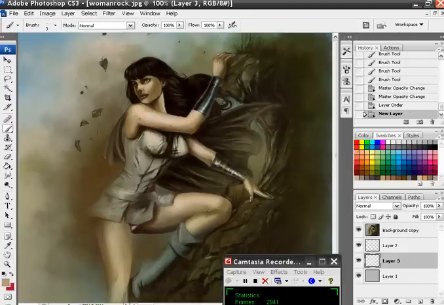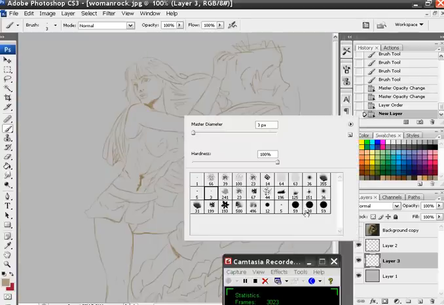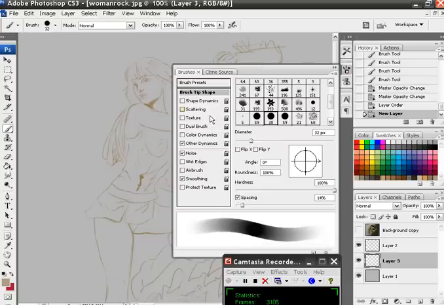Okay. So then the first thing I want to do is choose our brush, and I'm going to want to start with a big brush, and I'm going to show you: make sure only other dynamics and noise is on. Don't have shape dynamics on, not when you first start. You don't want to even turn that on really until the very end of the painting, like doing fine touches. This is the brush you're going to use mostly. And turn the spacing down as much as your computer will let you. If you can turn it all the way down, then turn all the way to the left,